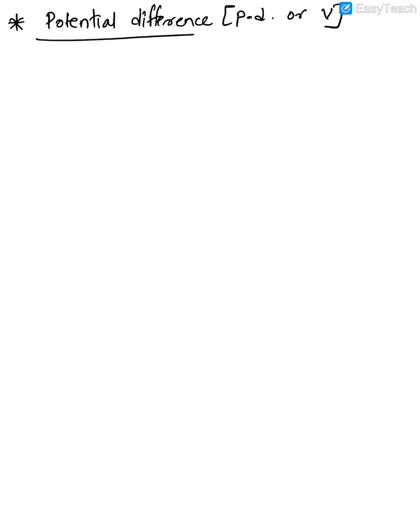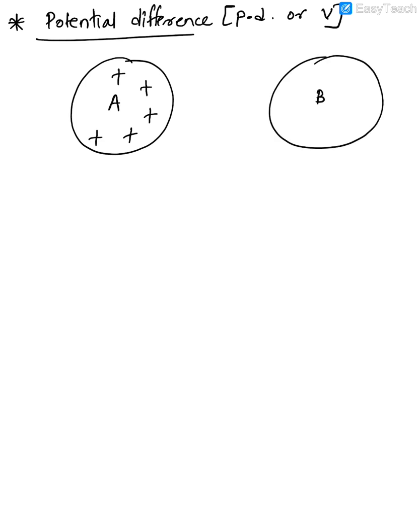Now let's say first you have one body A which is positively charged. There is another body B which is neutral. When you say neutral, you know what it means: it has equal numbers of protons and electrons. Now when you connect both these bodies through a metallic wire, can you tell me how the electrons will flow? The electrons will flow from B to A, remember.